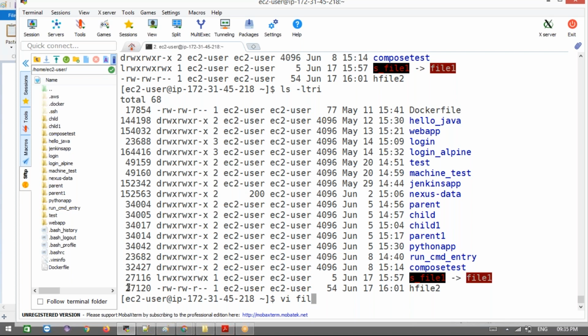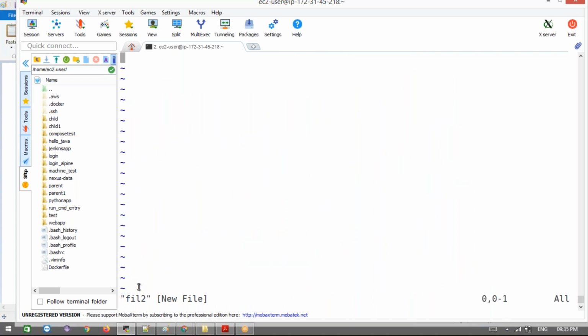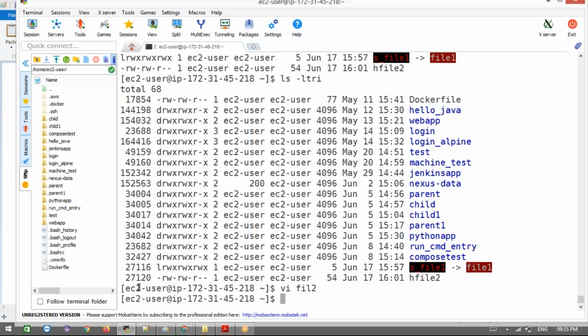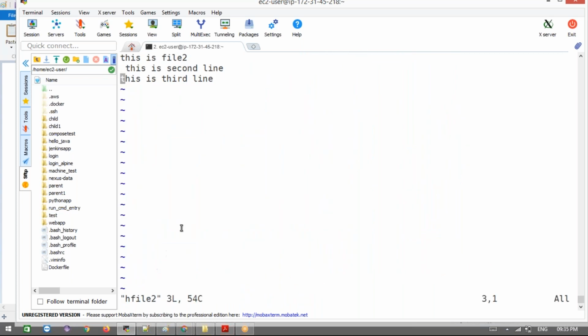How will we know these two files are linked? The inode will be the same, then these two files are linked up. If it is a soft link, it will clearly show the L, which means it is a soft link. Now I can open the file, I can execute this file or anything.